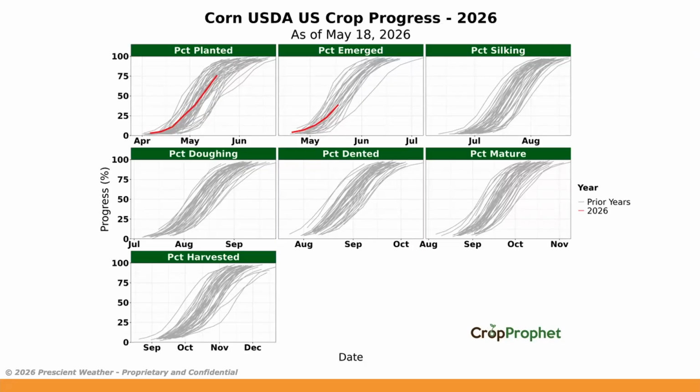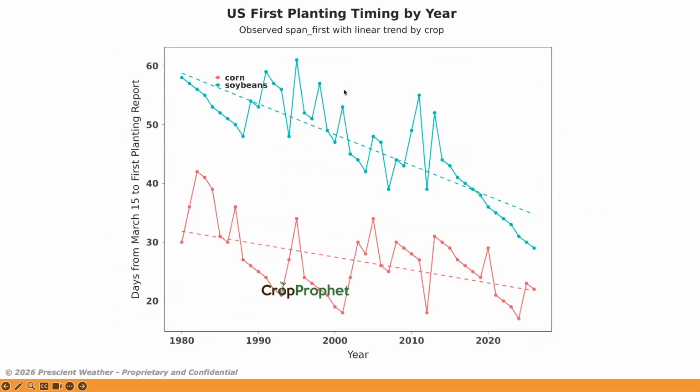corn crop. One of the things that we've done then is if you take a look at the percent planted graphic, we see that there's a range of days through April and May when, over the prior years, the corn crop has been planted. So we did an analysis in which we look at the number of days from March 1st each year for the corn and soybean crop relative to when the first non-zero planting progress date for the US was released by the USDA. And we see in terms of both soybeans and corn a clear downward trend, meaning the corn and soybean crop is on average being planted earlier and earlier each year.